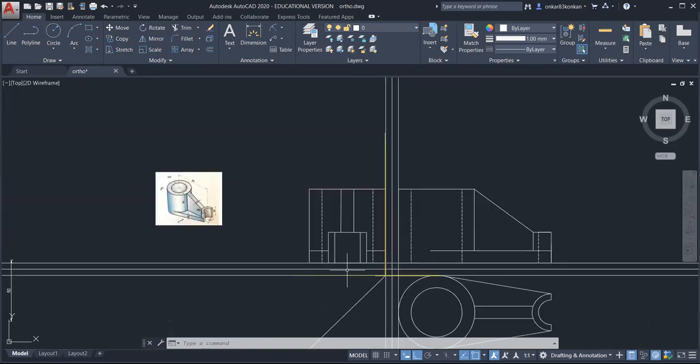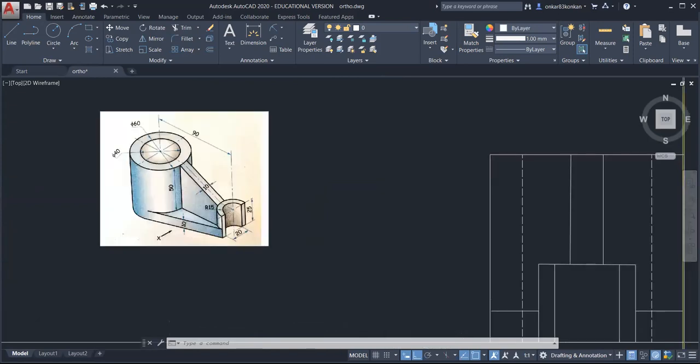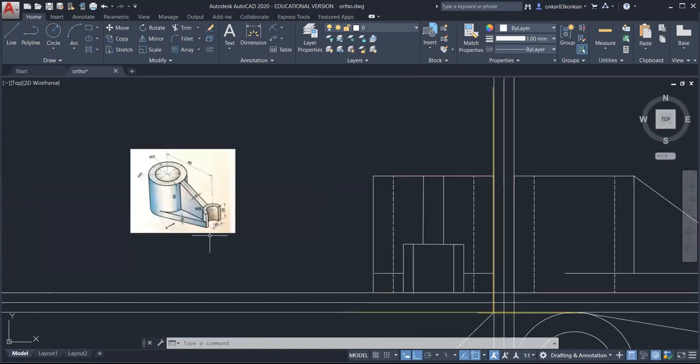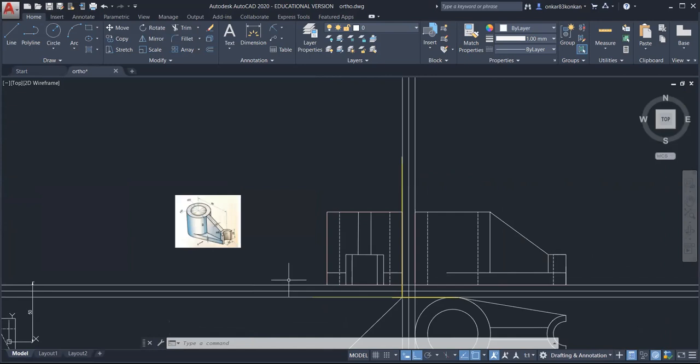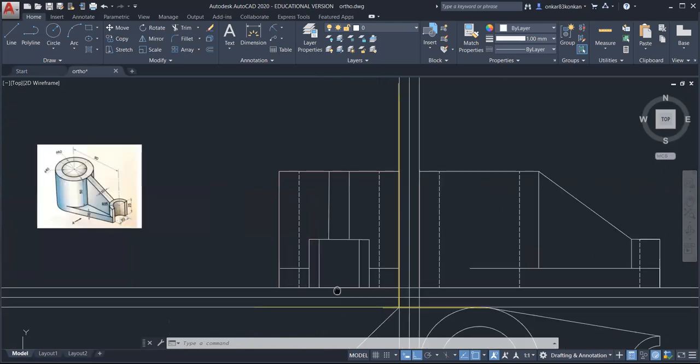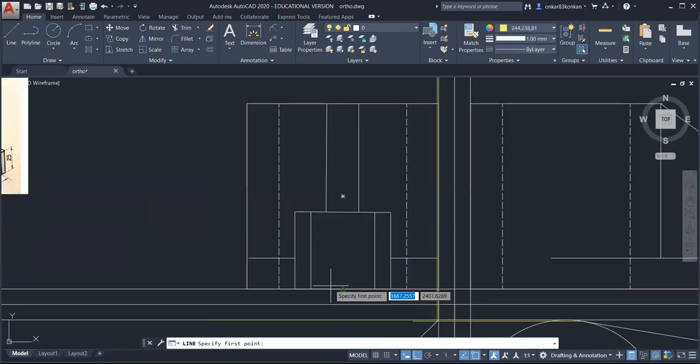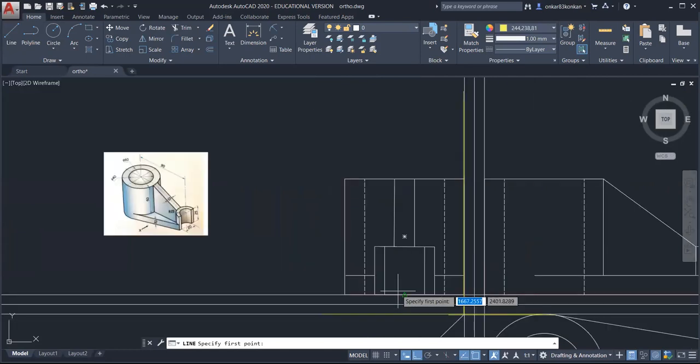So we should draw the hidden line for this rib. So first draw one line.